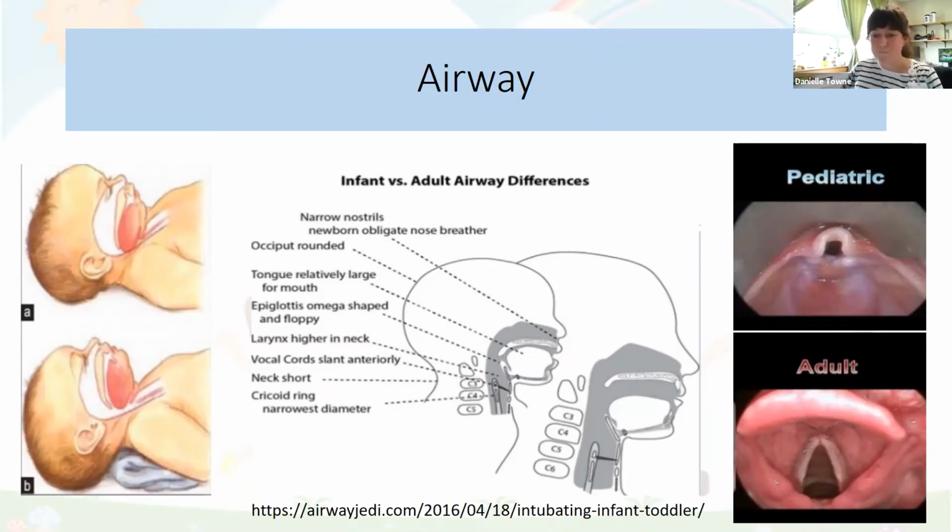But there are definitely other ways, especially if you don't have a 4-year-old, that can help you figure it out. So one thing that you can remember is if you take their age in years, divided by 4, plus 4, it'll give you a rough estimation of what size their ET tube should be. So when trying to determine an appropriate depth, a rough start from there is to take the size of the ET tube and multiply it times 3. That would mean if we put a 5.0 ET tube in, we would expect it to be roughly 15